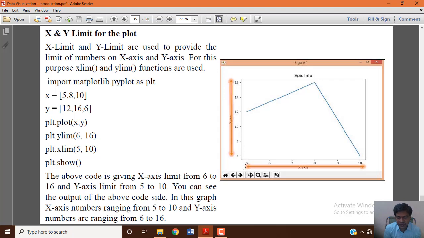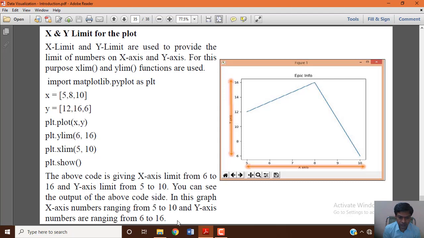The x-axis limit starts at 5 with a maximum of 10. In the same way, the y-axis limit starts at 6 with 16 as the maximum. According to the limit you specify, those values will be shown on that particular axis.